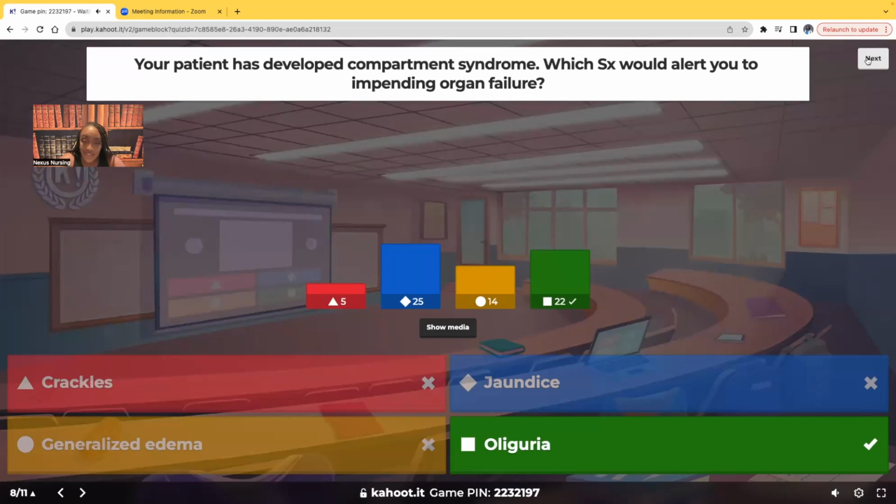It's oliguria. Wow. Most of you guys chose jaundice, which, I mean, okay. You guys chose jaundice. I'm assuming you're thinking about the liver, but let's talk about this. Your patient has compartment syndrome. By the way, you're doing all these neural checks on your patient that has a cast, that had a fracture, that's in traction. We are concerned about compartment syndrome. This is a medical emergency, right? If you see any of those symptoms, such as